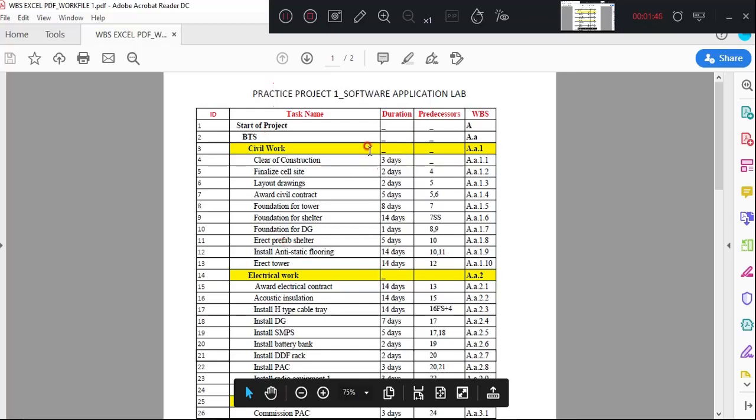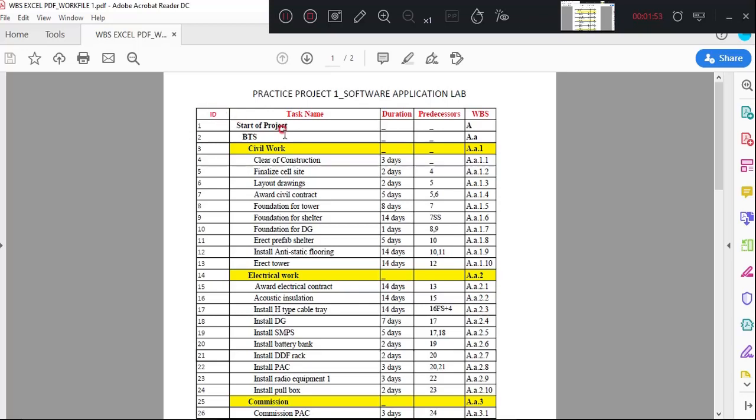Just at a glance, activity ID is the activity number. Start of a project is a milestone. BTS is a summary task, and this is a sub-summary task, and these are the activities. Then again this is a summary task, electrical work.